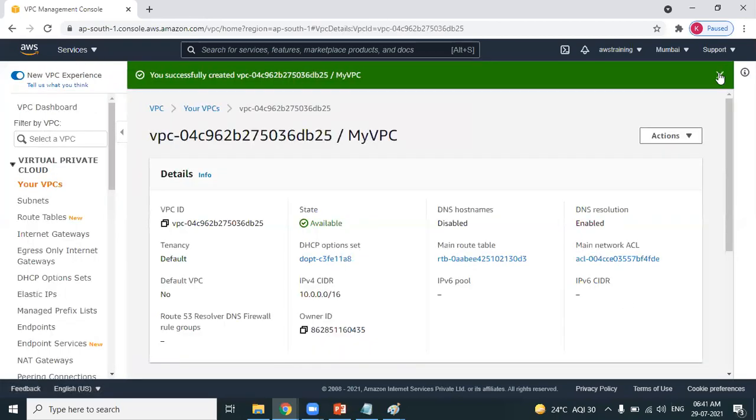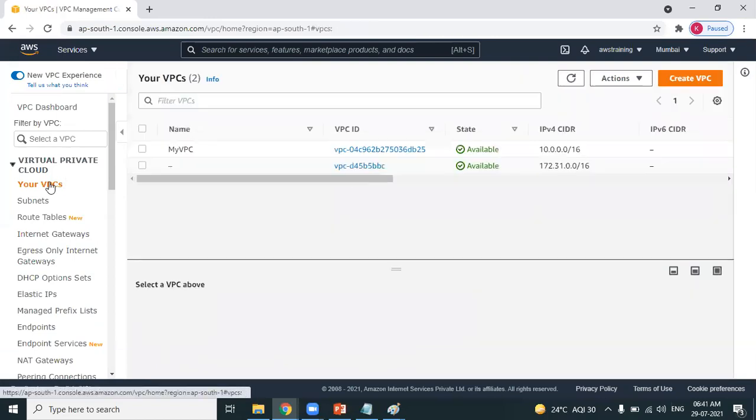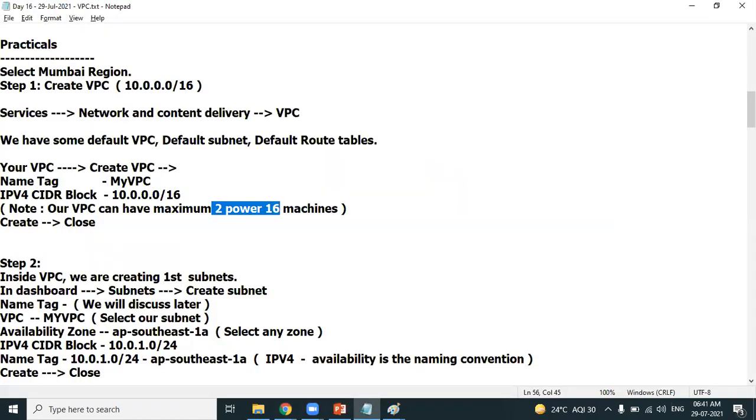VPC has been created. Now you can see in the dashboard there are 2 VPCs. One is a default VPC. Anyways, we should not disturb that. And then we have our own VPC which I have created. Okay, VPC is created. Now, as I mentioned,